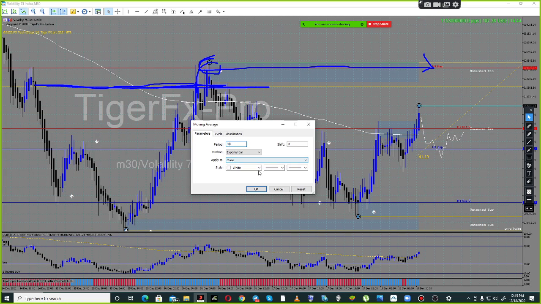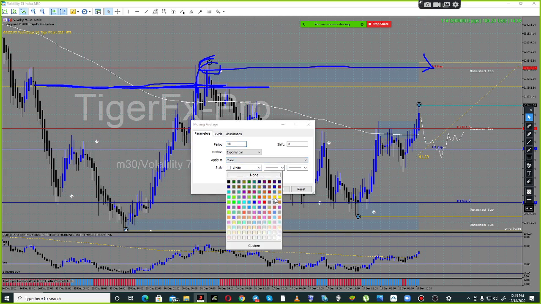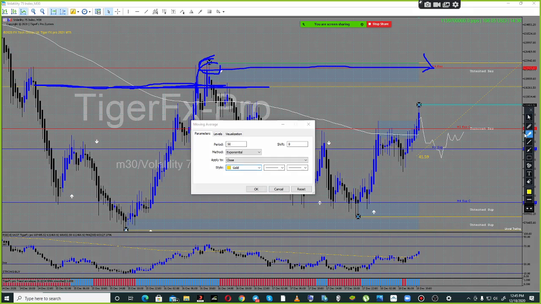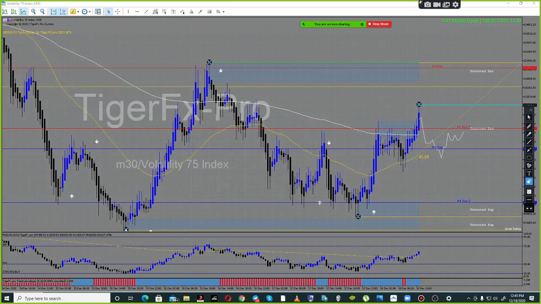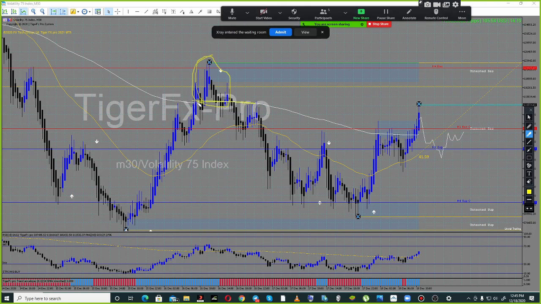We're looking for a breakout on the 50 moving average, which is the yellow dotted line. I'm going to add this 50 so we can see the past. There we have it. As we can see now, it has respected all of this area there, the 4 hour resistance, the previous structure, and also the 4 hour trend.